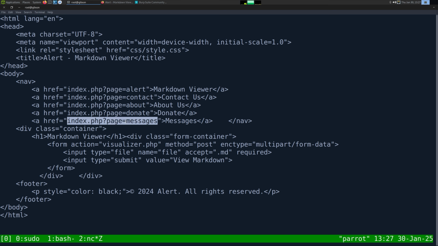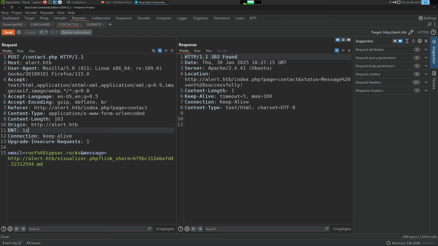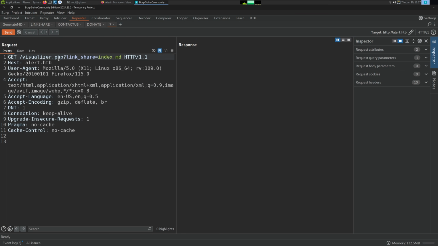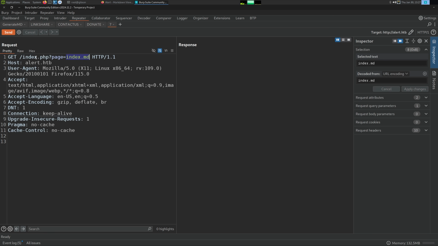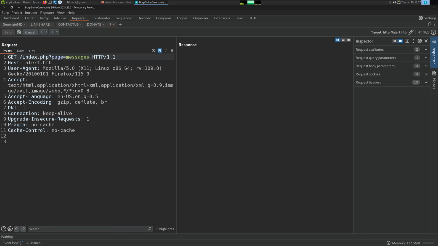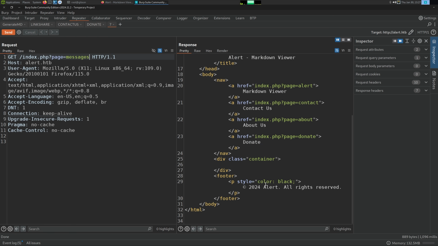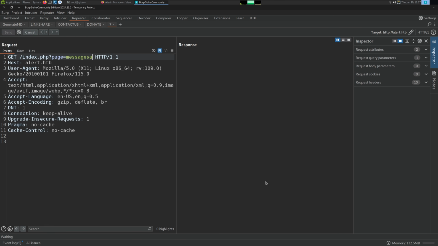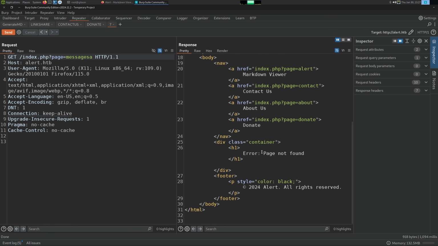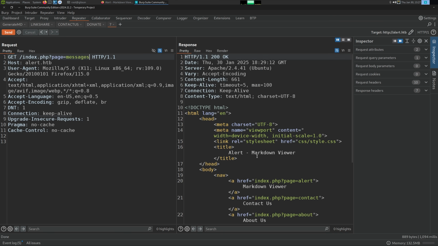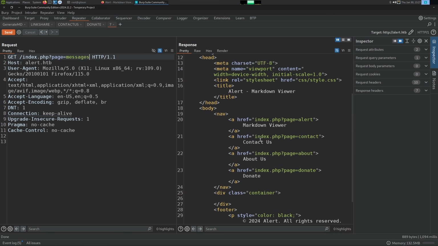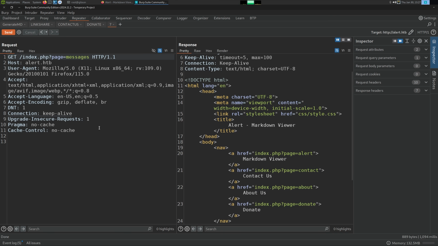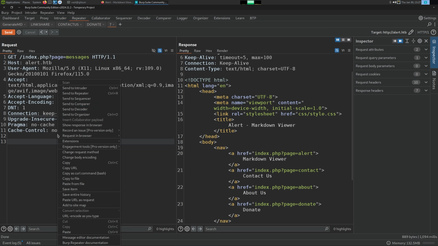So we have this index.php?page=messages. And as I say that, let's just see one last thing. I'm sorry for jumping all over. But if we had set up something like ffuf, what happens if we do page=messages here? We don't get a does not exist. Messages A, page not found, messages, nothing. So if you had set up ffuf,